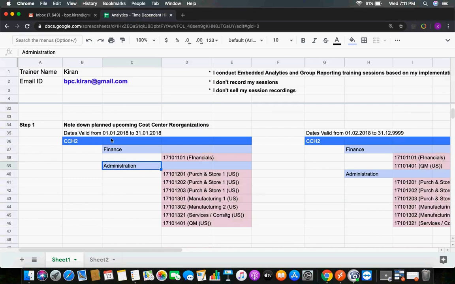The dates valid from show 1st January to 31st January 2018. At that time, my hierarchy has two nodes, finance and administration. Under finance, I have one cost center, 17101101, which is financials, and all purchase and stores. These relevant cost centers are under administration.